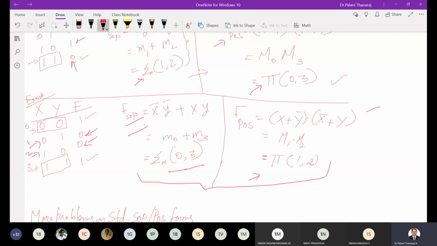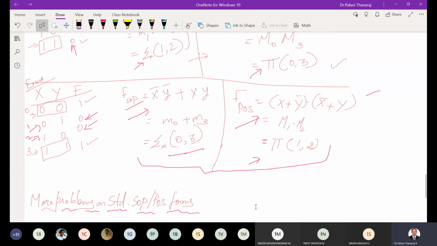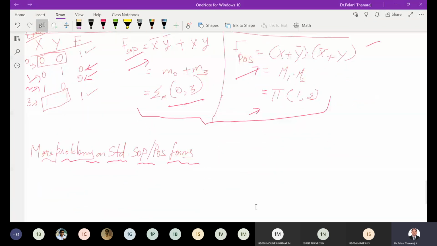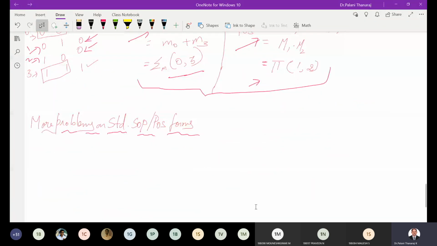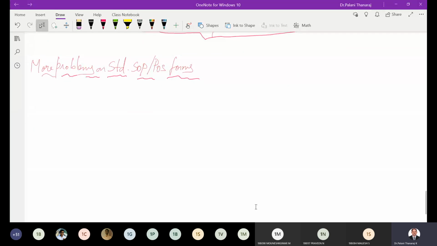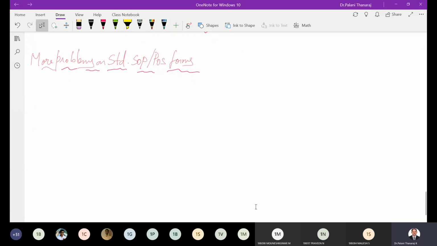If you use this one and you can get the XNOR gate, you can use this expression as well and get the same table. No change in that. You'll still have the same behavior of the circuit. Two ways to see it, that's all. That is why we can use these two interchangeably. So I think that is a recap of the SOP and POS standard forms, canonical forms, and we can try to solve more problems on that.